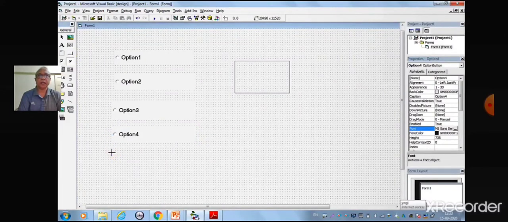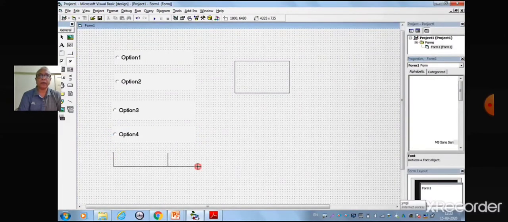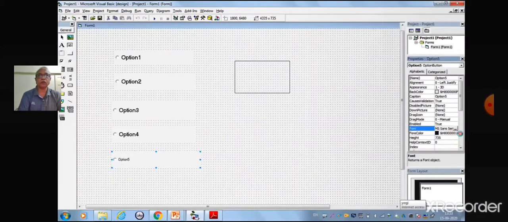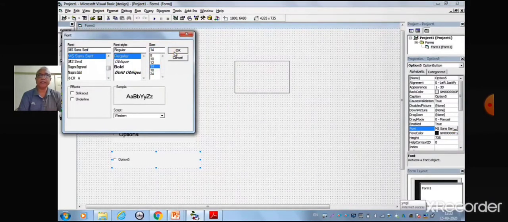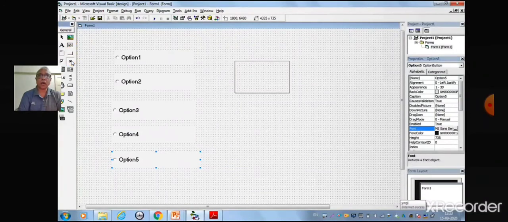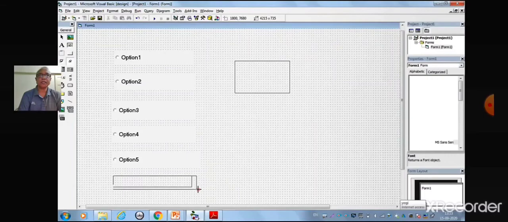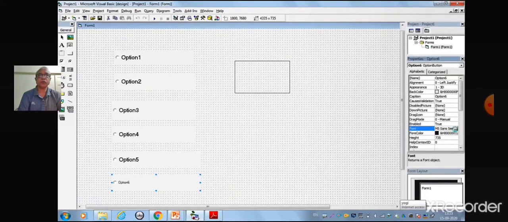Remember children, in our last session, we have learnt about the use of command button to exit the program. So now we will place a command button and once again change the font size to 14.